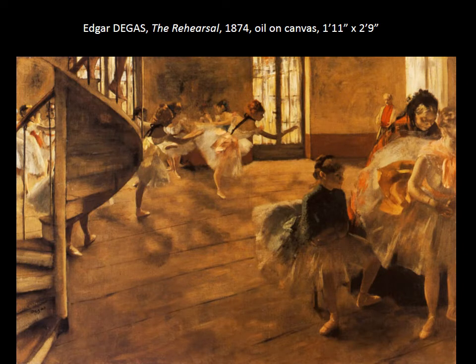Another sense of the viewer as kind of being this active looker, often in a kind of underhanded way, is seen in a lot of Degas' paintings as well. This is The Rehearsal. It's a relatively small painting, about 2 feet by a little under 3 feet. And Degas is the eldest son of a Parisian banking family. So again, he personally is of the sort of upper middle class. And he's also seen as this kind of bridge between realism and Impressionism, but he does exhibit with the Impressionists